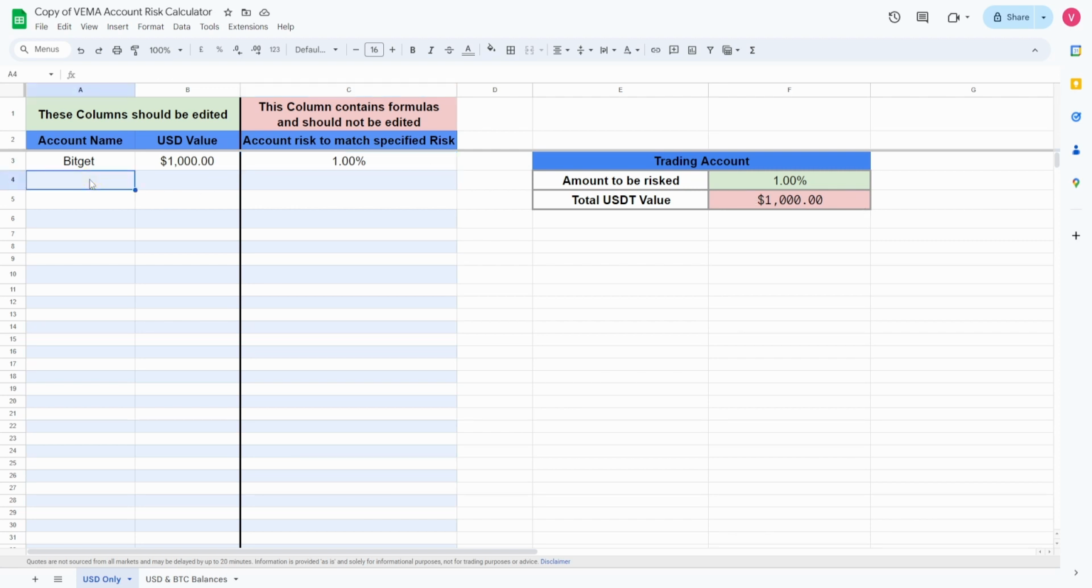Where it starts to actually show some differences is when we start adding in other accounts. So let's say that we have a BitMEX account, which also has $1,000 in it. You'll note that the account risk has now changed to 2%. And the reason for that is that we actually have half of our trading account on BitGet and half on